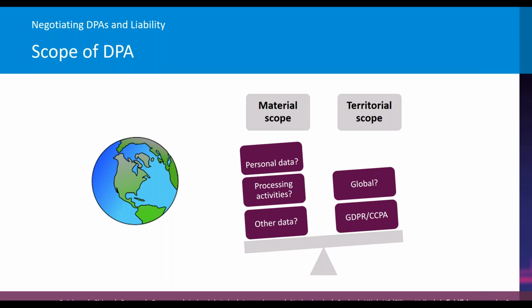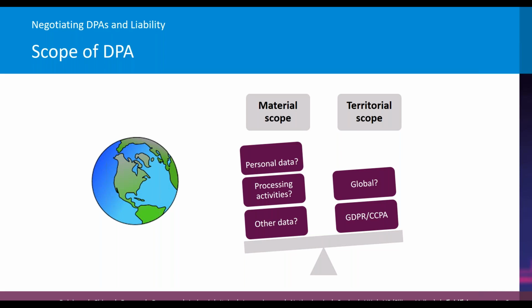Yeah, so obviously Article 28 of the GDPR, which, as Richard laid out on the previous slide, sets out all of the terms that you have to include in your contract to meet the GDPR requirements, is very much focused on the processing of personal data. But of course, there could be a scenario where other regulatory obligations apply that protect not just personal data, but go beyond and protect data in general. Therefore you might need to think: hang on a second, because of the nature of the data being processed and the regulatory obligations that apply to it, does my data processing agreement need to extend to protect data beyond just personal data?